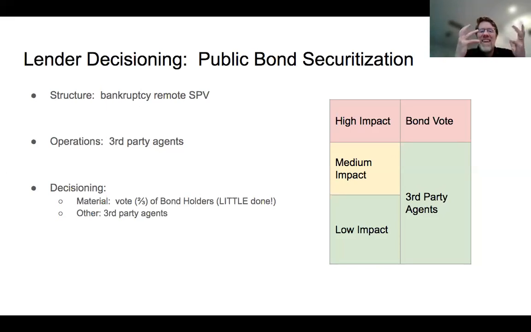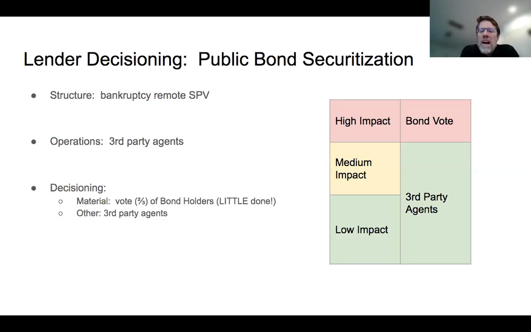But since this is a bankruptcy remote SPV structure, the trustee's really running it on behalf of the bondholders. So if you think about the $500 million deal, say all the auto loans are put into this, that's your assets, a whole big pile of auto loans, and then the bondholders have to get paid back from those. So they want this run in their interest, where every penny of those auto loans is backing what they're doing, and that's how they get paid back. And then it's usually simplified and decentralized enough that the third-party agents do most of the day-to-day work.